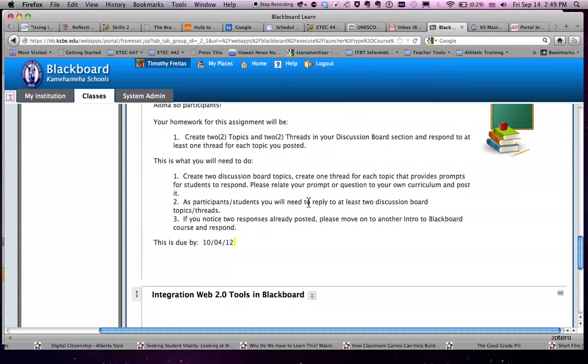What you're going to do from there after you create a thread, now your thread should be something that responds or has to do with your actual topic. So your topic might be science, and your thread has to be with a particular biology unit that you're talking about. Okay? When you go in and you create your topics and then you create your thread, after you're completed with that, what you need to do is